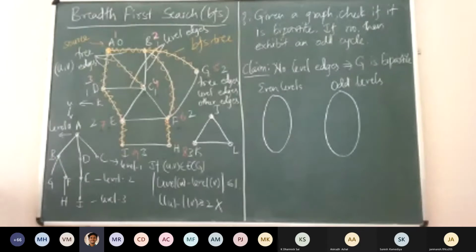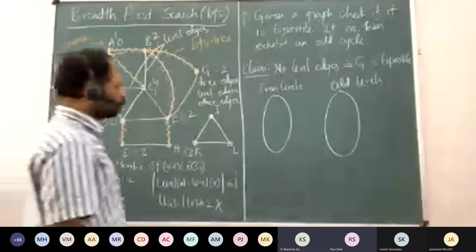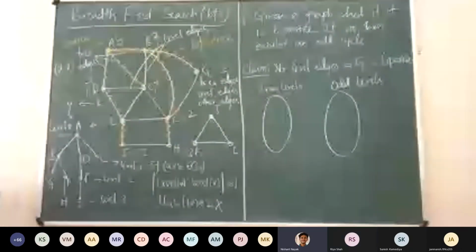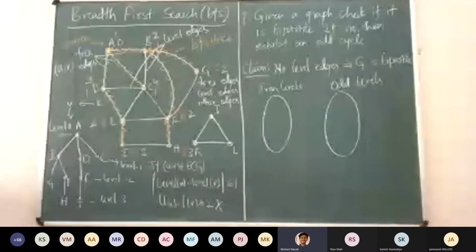Why is it correct? For this to be true, other edges should not be there, right? Yeah. So like in this example, from C to E, we have from level 1 to 2. Instead, if we had from 1 to 3, then the odd levels would have an edge between them. And so another edge would exist, and that would be a counterexample.